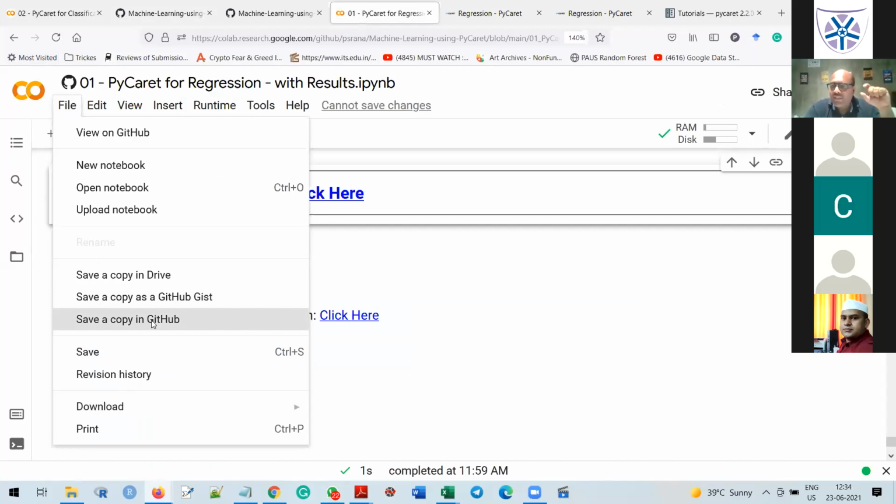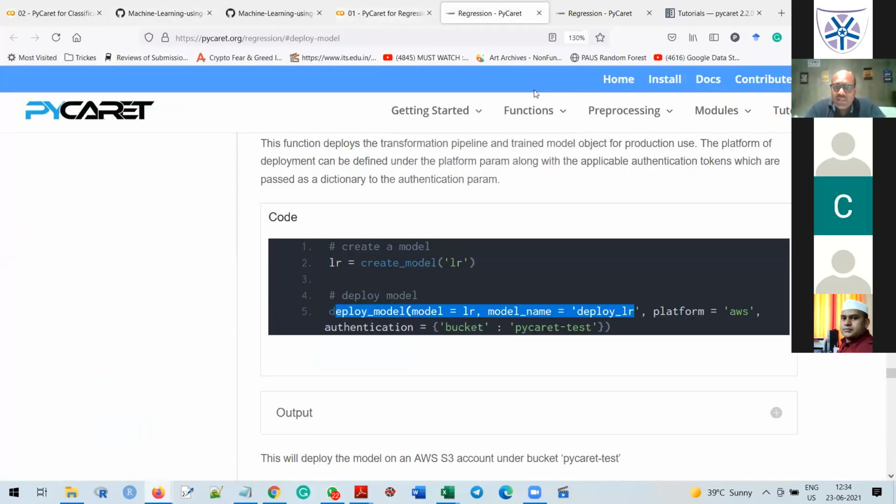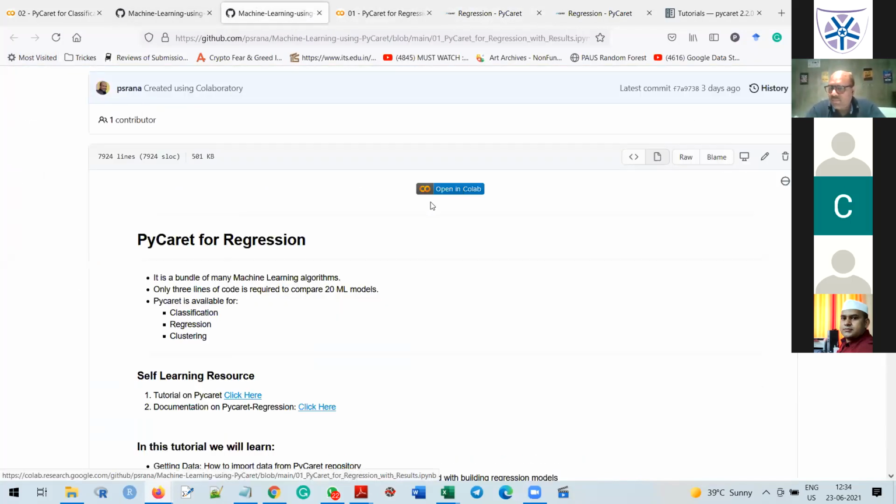I created all my notebooks in Google Colab and selected save a copy to GitHub. So whenever you export your notebook from Google Colab to GitHub, this button will appear. Otherwise, it will not appear if you directly upload to GitHub.